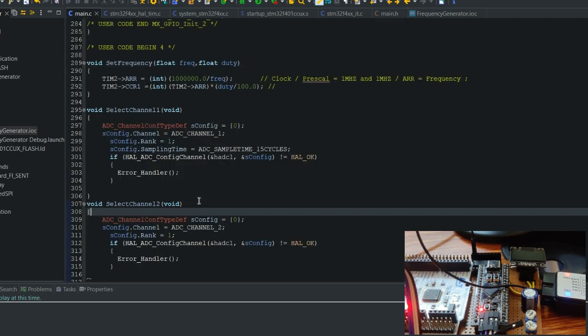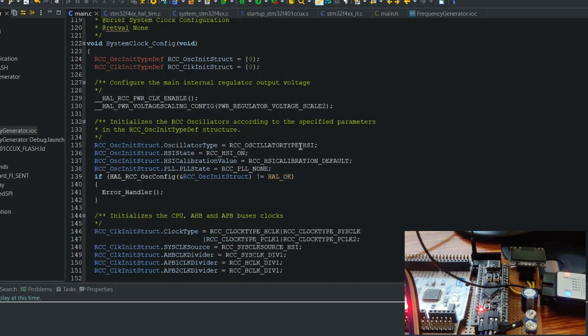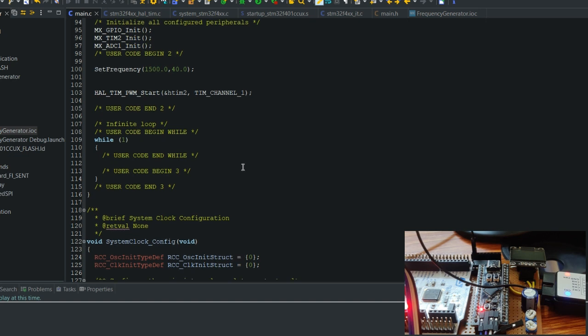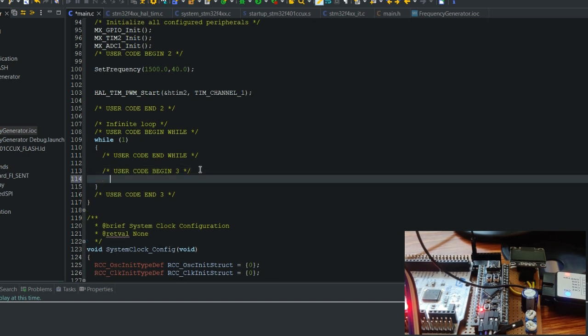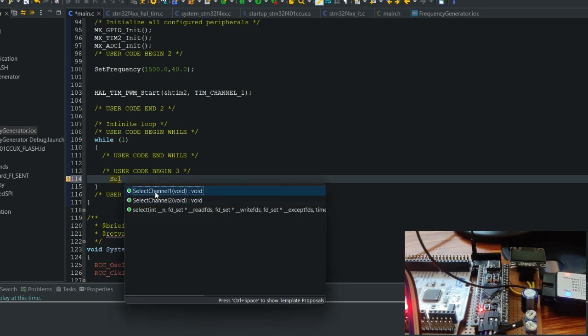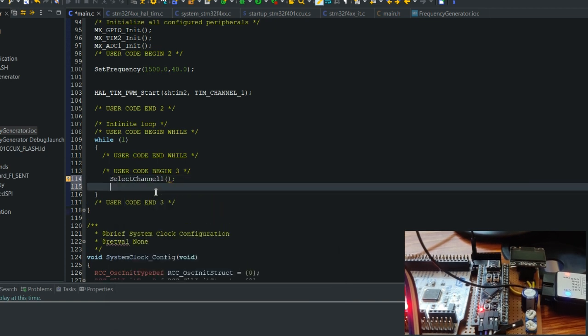So the declaration part is done. Whenever we call one of these functions, the particular channel will be selected, and we need to make the conversion for only one channel. So let's go to our while loop and call the select channel 1 function,